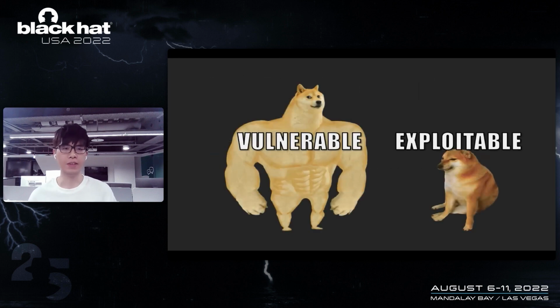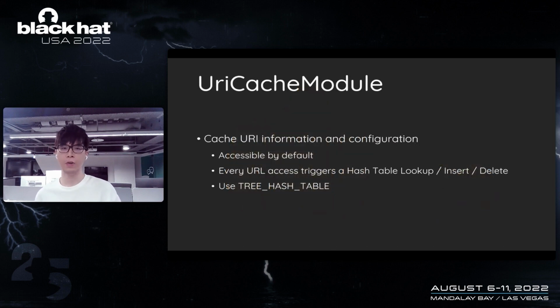However, vulnerable is not equal to exploitable. Besides finding the entry point, we still have several obstacles to overcome. We find that the URI cache module seems to be a good target. The purpose of this module is to cache configuration for URLs. RAID configuration is costly, so cache is the best